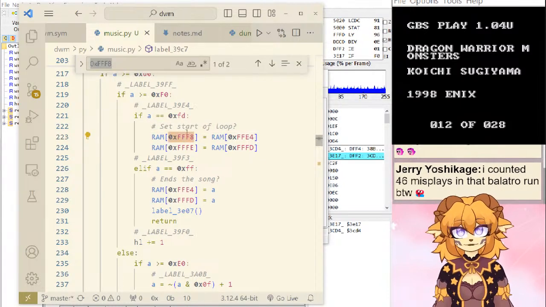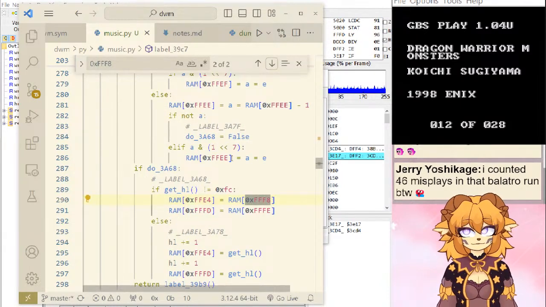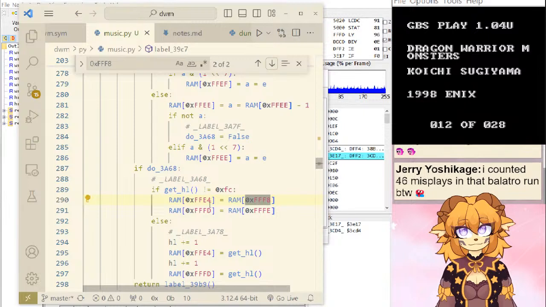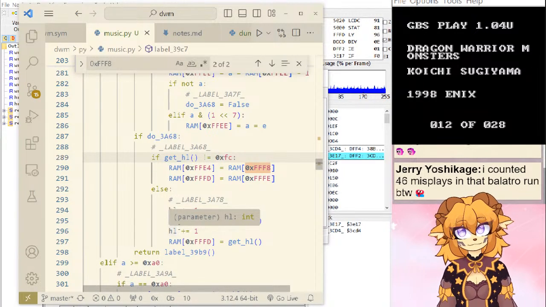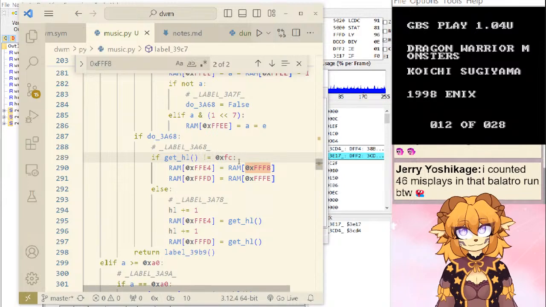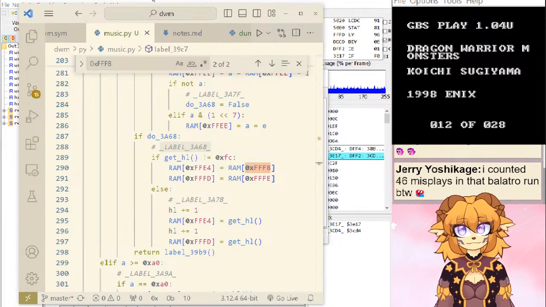I guess we can just do that. Does not equal. I may have inverted that wrong. Let's take a look.